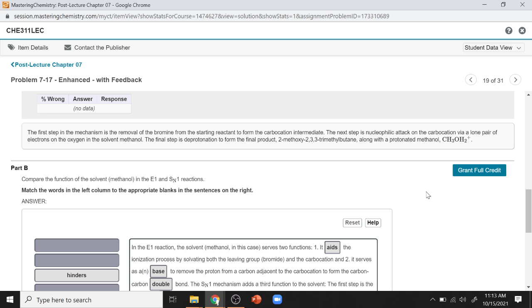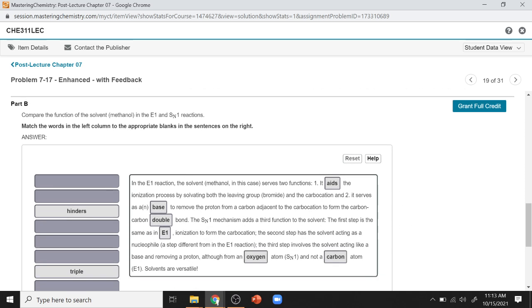Okay. Did you want to do B? Yeah. Okay. Compare the function of solvent, methanol, in the E1 and SN1 reactions. So in the E1 reaction, the solvent, methanol in this case, serves two functions. One, it blank the ionization process by solvating both the leaving group, bromide, and the carbocation,